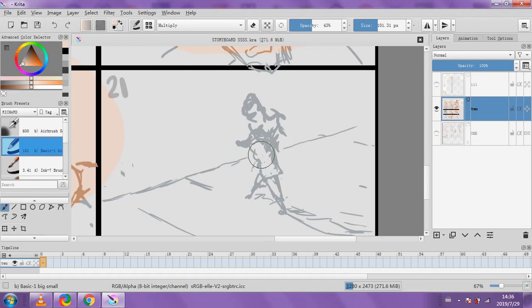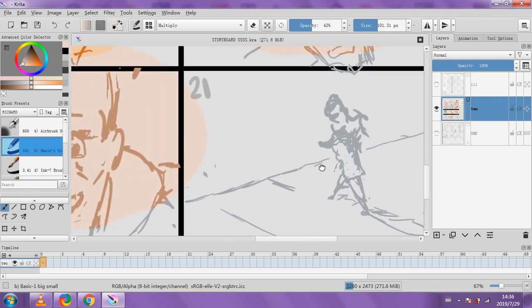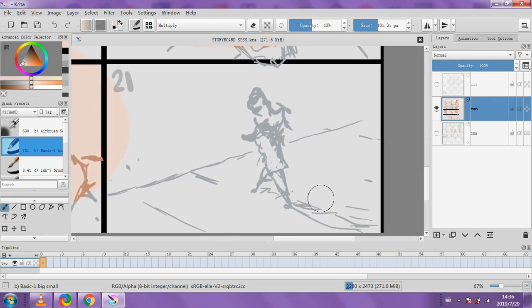So we're going to have this character literally running over. That means we're going to need to have a few steps. Then he's going to literally run across and jump off. So that is a frame animated sequence in itself. Really, the whole thing is going to be done in frame animation. Okay, so let's just get on with it.